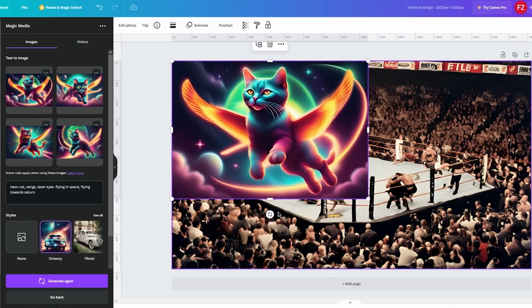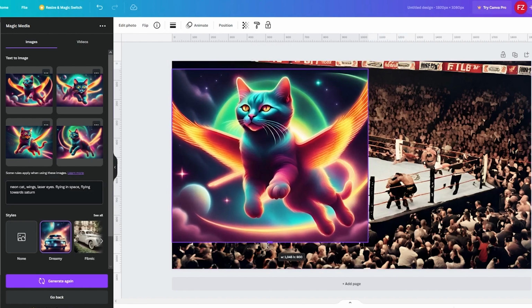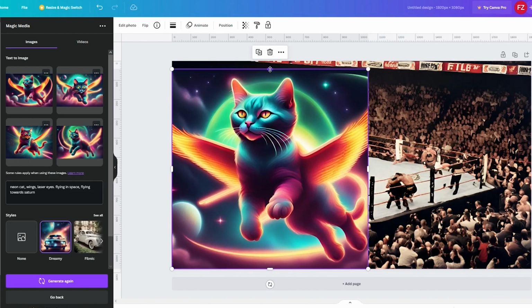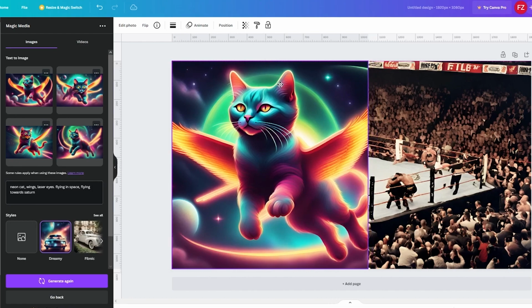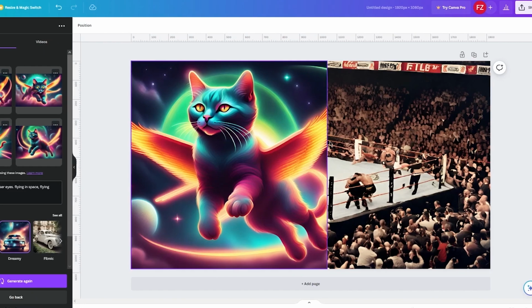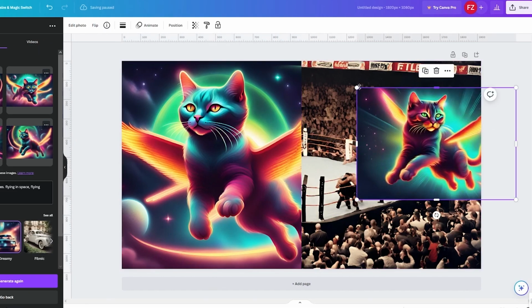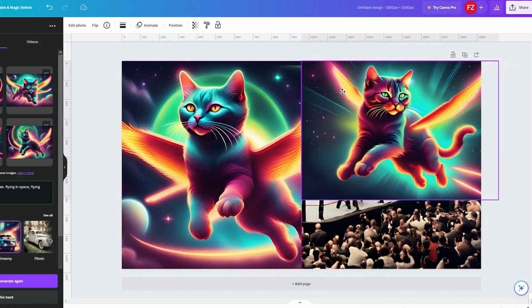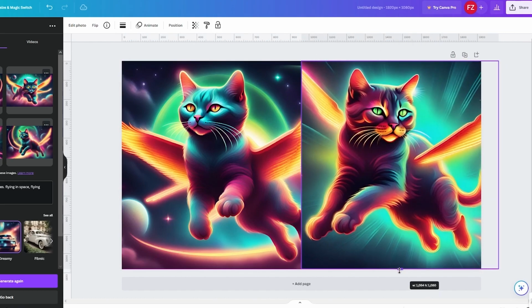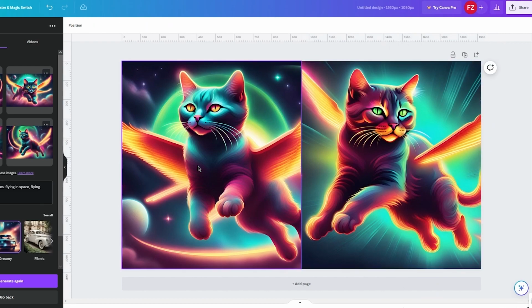Okay, so let's say I'm gonna increase its size just to add it over here. And you can use these actual bits in your designs as well. So let's say I'm gonna use this over here as well. Just gonna make this smaller. And then we have this. So I'm gonna adjust it over here. There we go. You just adjust designs, and once you've adjusted designs, obviously you can add in texts, you can